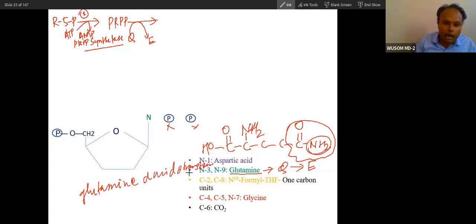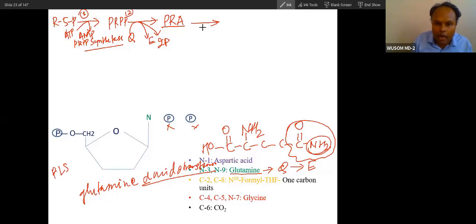This glutamine amidotransferase converts this into phosphoribosyl amine. I write it in short form. I have a slide where I have written all the short forms in long form. You can go there. PRA is phosphoribosyl amine, and I will also upload this video there. You can find everything. At the same time, pyrophosphate will also be released. Now this is the second step. So the first and second steps are rate limiting steps. Just remember, rate limiting steps.